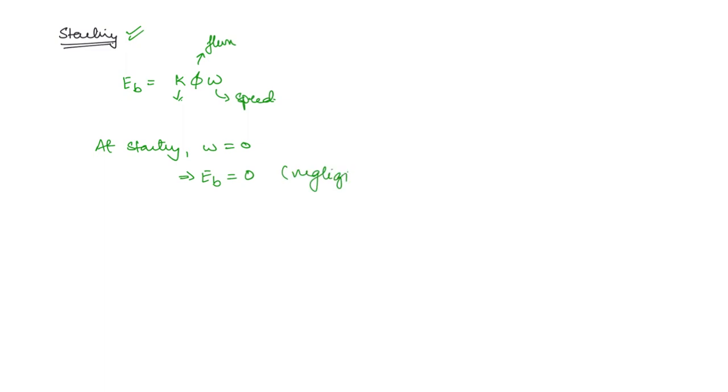Okay. Now when the back EMF is negligible, what will happen to the armature current? We know that the armature current is given by the terminal voltage minus the back EMF divided by the armature resistance. Now usually Eb is in the range of Vt only. That means if it is 200 volt, then Eb might be around 180 or 190 volt. Okay. So Ia will not be too high. But let's say Eb is now made 0 at starting. Then the armature current is going to be very high